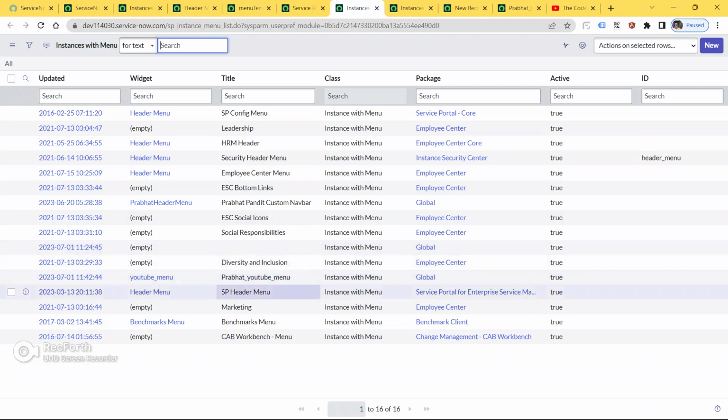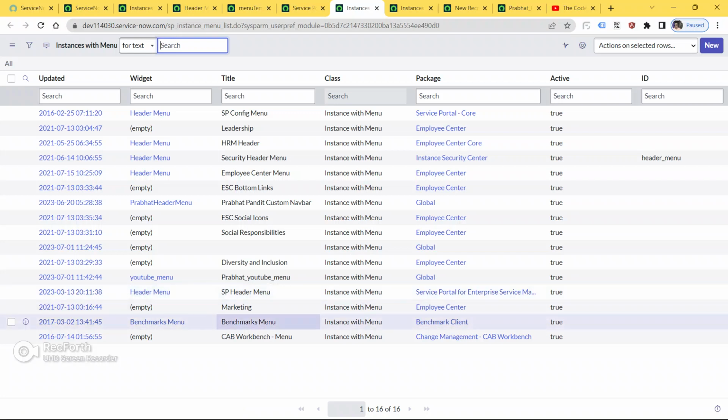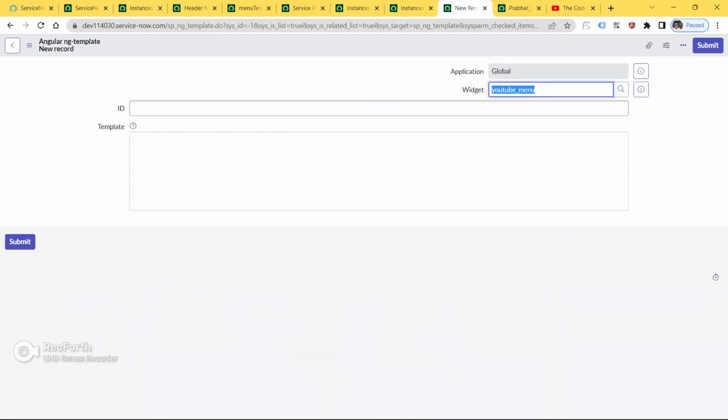I am looking for my menu, guys, that I just cloned using SP header menu. Okay, I have already cloned this menu using SP header menu, so I am looking for that only. I don't know where it is.